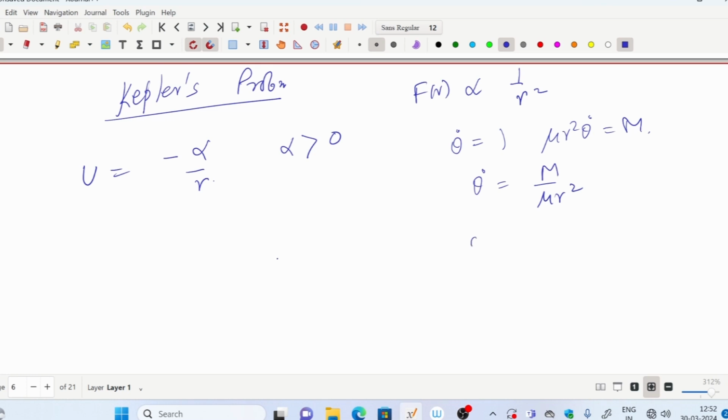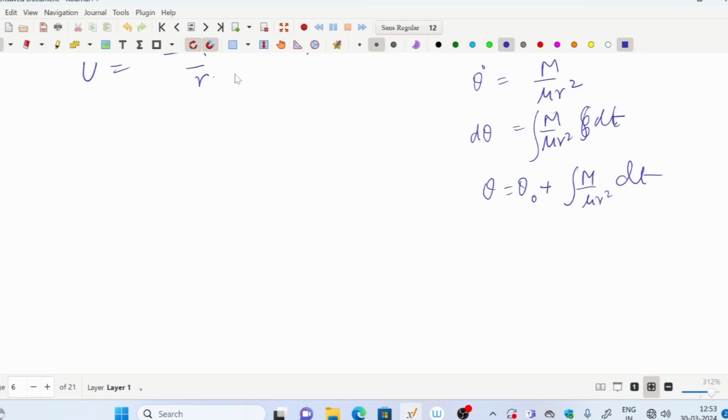So, integrating d theta, we have d theta equal to m by mu r square dt. Okay. So, theta equals theta 0 plus the integral of m by mu r square dt. So, this is coming from the conservation of angular momentum, but there is also a constant of motion coming from the